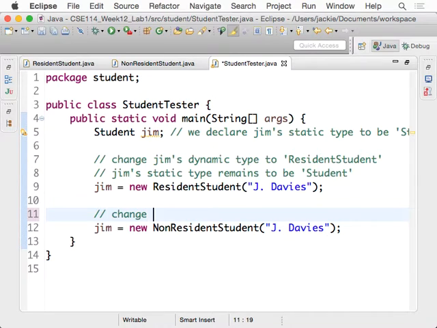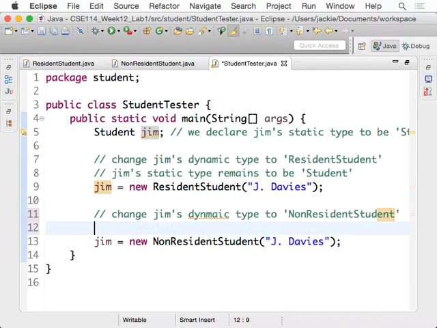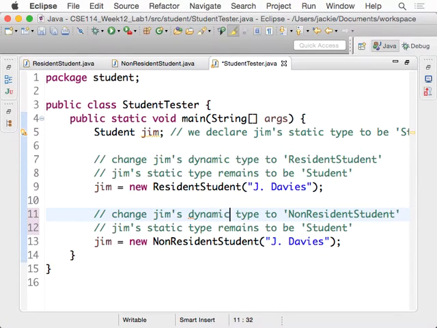We change Jim's dynamic type to non-resident students. And also Jim's static type remains still to be students. Okay, if I can spell correctly. Okay, so far so good. You can see Jim's static type remains to be students always, but you can change his dynamic type from resident